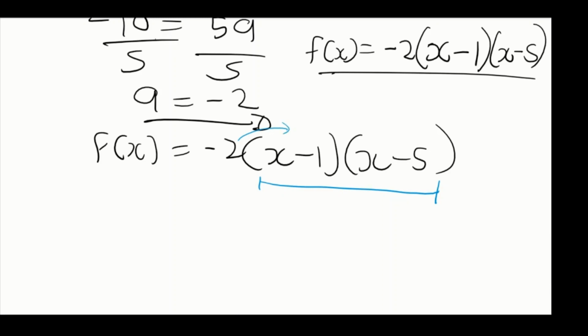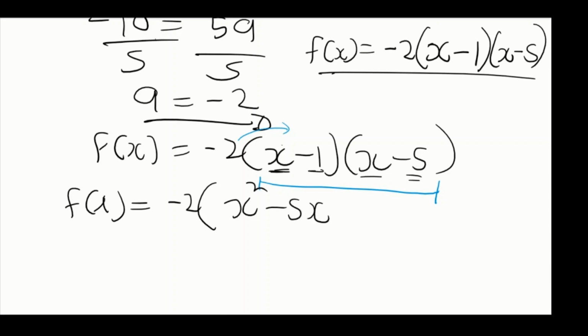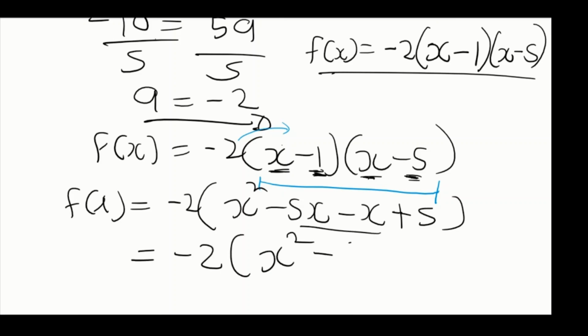this 2 here. So we have f of x equal to minus 2 into, so the FOIL method is going to be x multiplied by x is going to be x squared, x multiplied by minus 5 is going to be minus 5x, and then minus 1 multiplied by x is going to be minus x, and then minus 1 multiplied by minus 5 is going to be positive 5. Then equal to minus 2 into x squared, we add the like terms, so it's going to be minus 6x